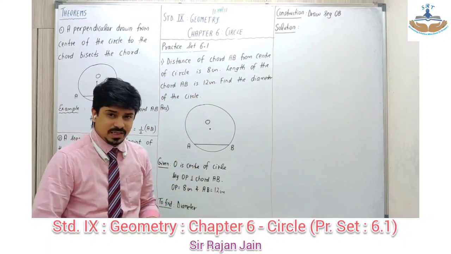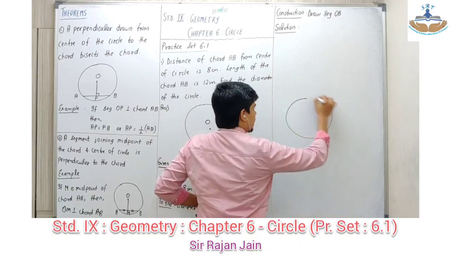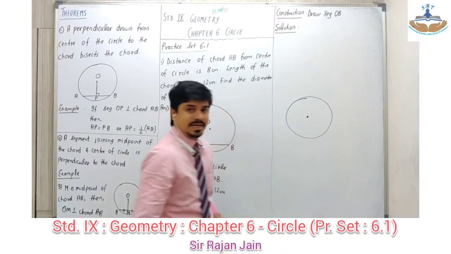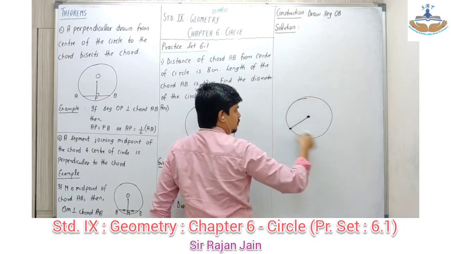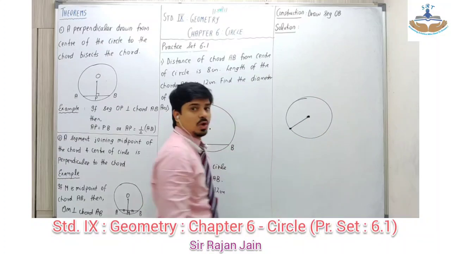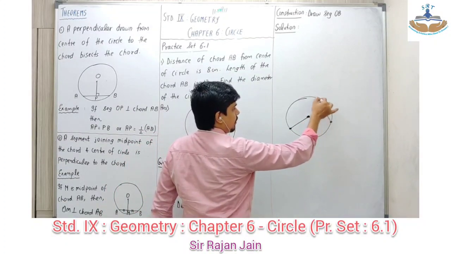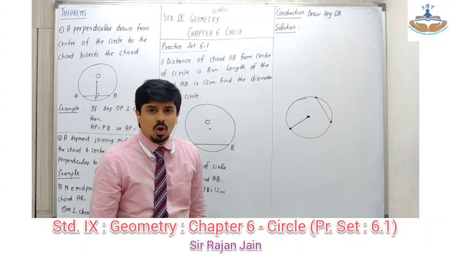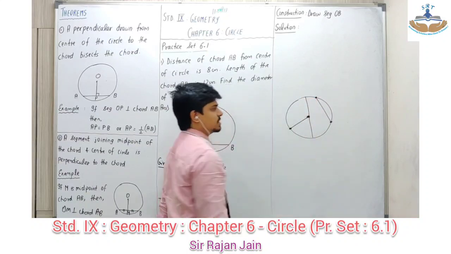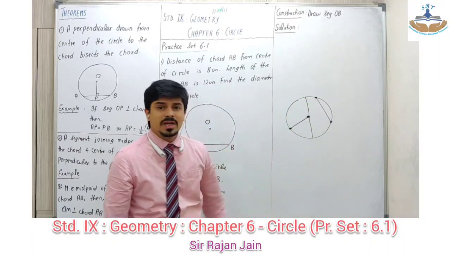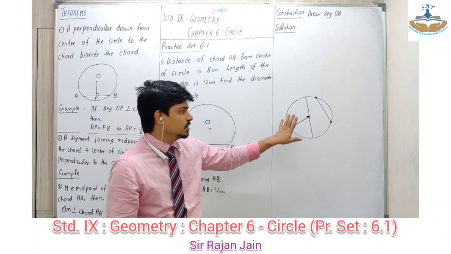Okay, before I go ahead with this, first let me revise the components of a circle. अगर ये circle है, this is called as center of circle. From the center, if I connect any point on the boundary of the circle, then this segment is called as radius of the circle. Then a segment connecting any 2 points on the circle is called as chord of the circle. And if the chord passes through the center of the circle, then that chord is called as diameter of the circle. And diameter is the longest chord of the circle. Clear?